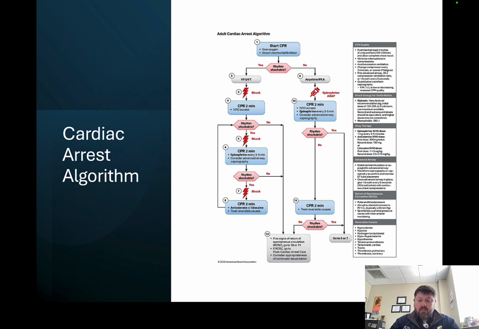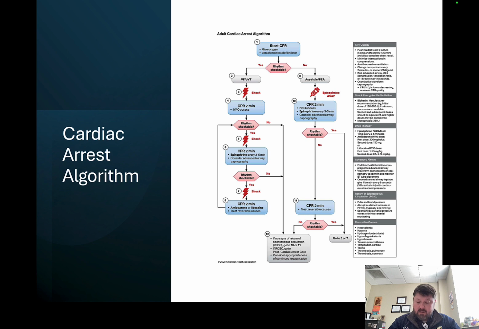Moving back up, if our patient's not in a shockable rhythm, they're in asystole or PEA, early epinephrine and early CPR are both indicated. CPR first and give epinephrine as soon as possible. Again, epinephrine's 1 milligram of a 1 to 10,000 solution given every 3 to 5 minutes. This algorithm is essentially CPR for 2 minutes, check rhythm, epinephrine, CPR, epi, consider advanced airway, get an advanced airway,